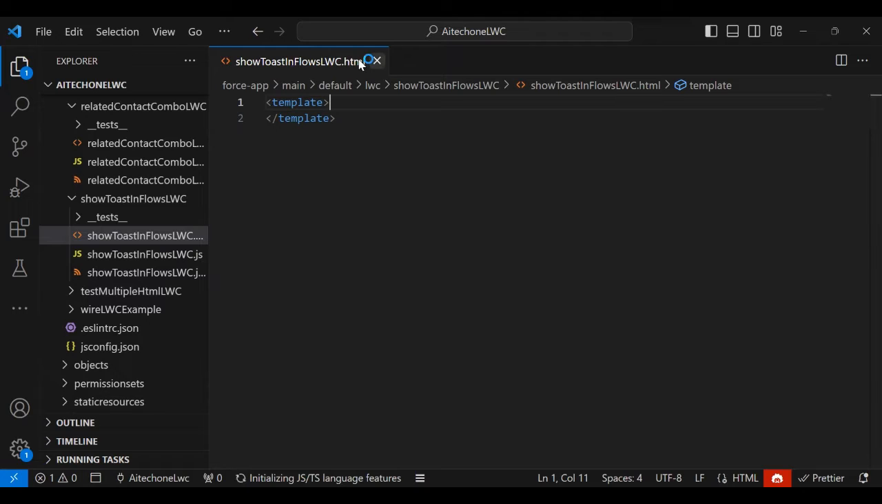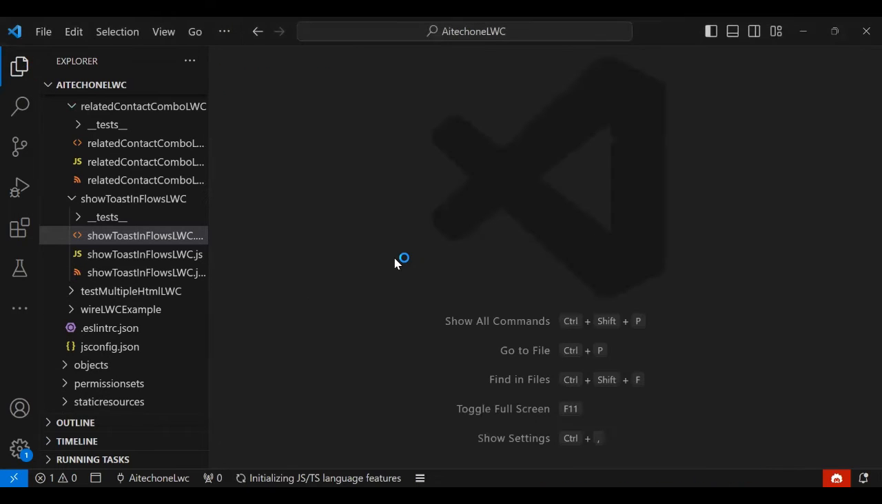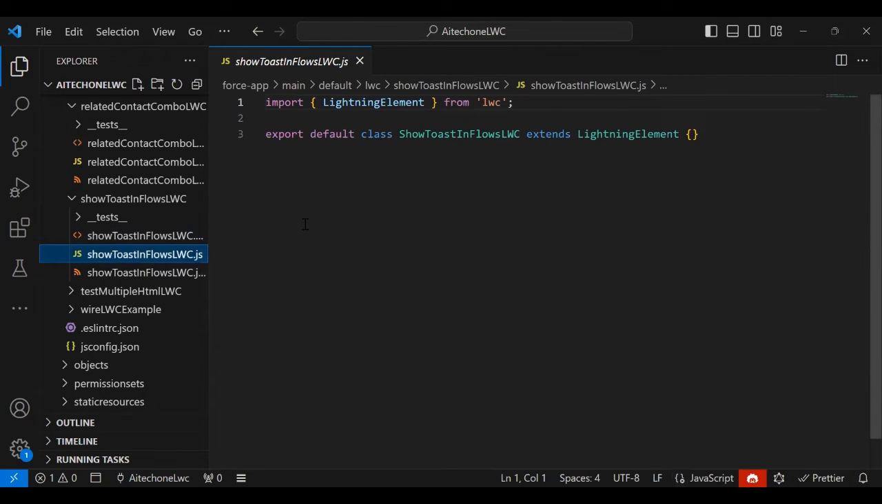So we will leave it as it is. We'll just save this without adding any component into that. So the JS we have to customize, and in JS, what I'm going to do, I'll use